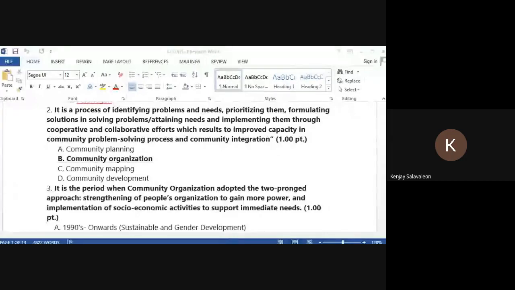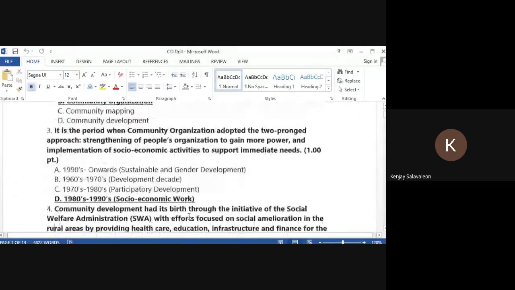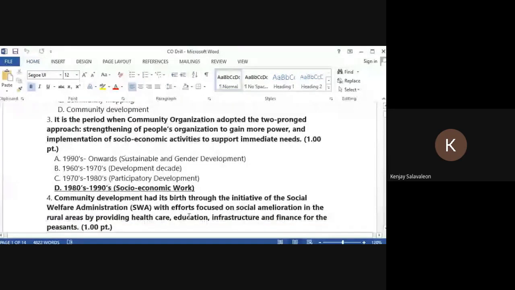Number 3. It is the period when community organization adopted two-pronged approach. One is to strengthen people organization to gain more power. And second, implement socio-economic activities to support their immediate needs. So it was during the time of 1980s and 1990s. So recorded naman ito. You can access this material kasi mayroon mga highlight no when it comes to history ng